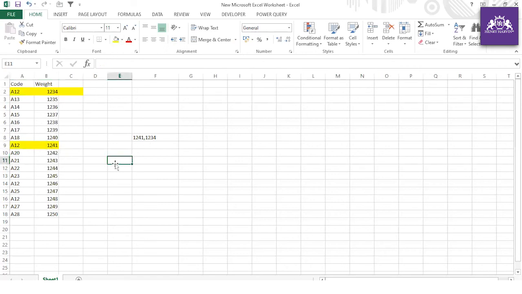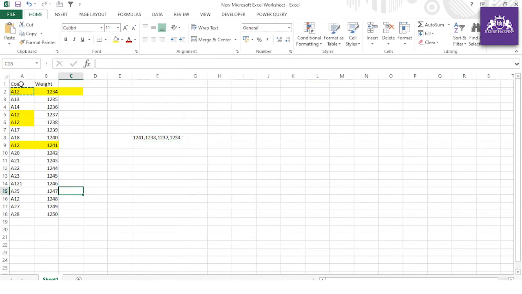The problem is that in the function which we had written, we have hard coded 11 rows. All right, so that's why you are not getting the result correctly. But nothing to worry. If I mention this here also and here also, you see the result we are getting correctly. And you see 1234 is there, very good. If you see 1237 and 1238, of course they are there, and 1241 is also there.